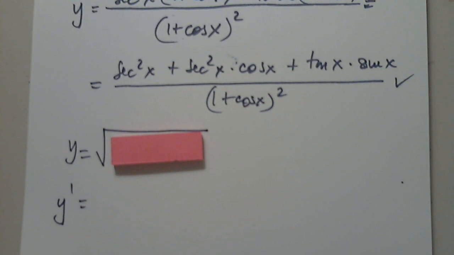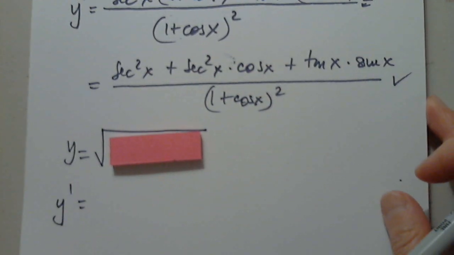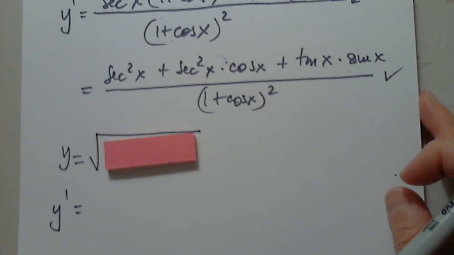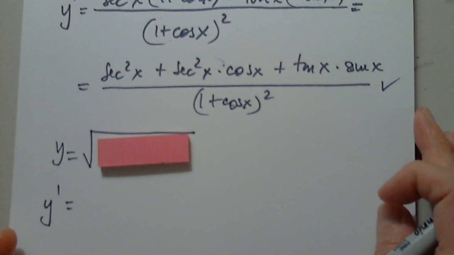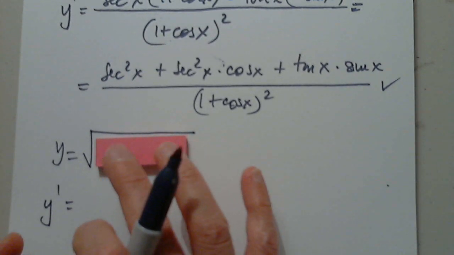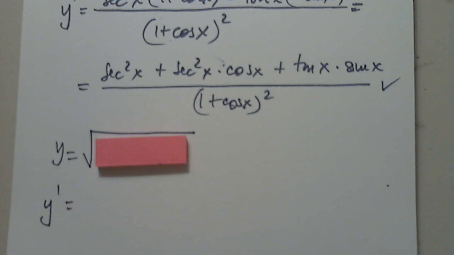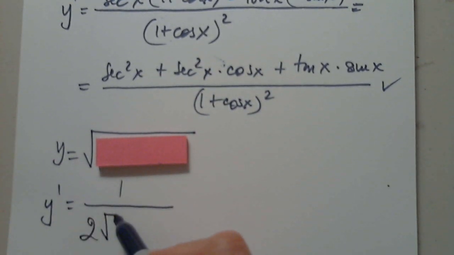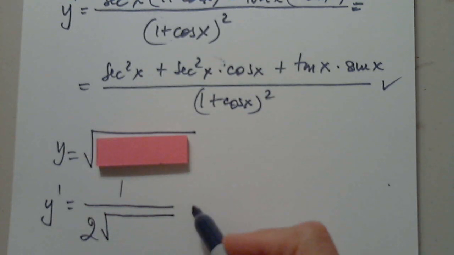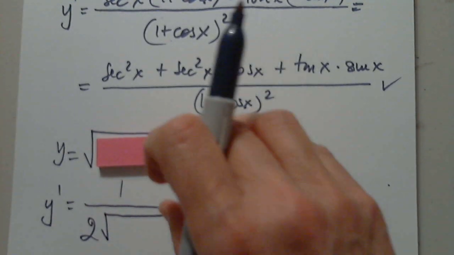What is the first step? When we differentiate the square root, what do we get? 1 over 2 roots, whatever. Yes. Good, but not sufficient. Times